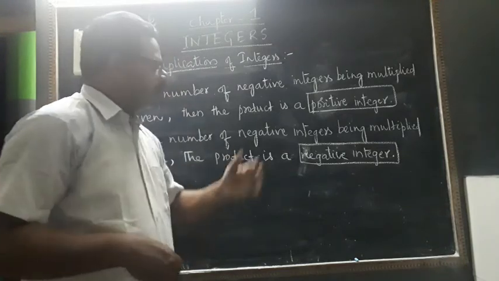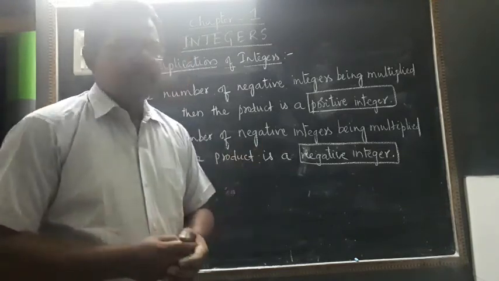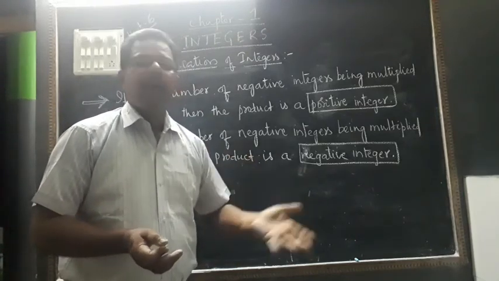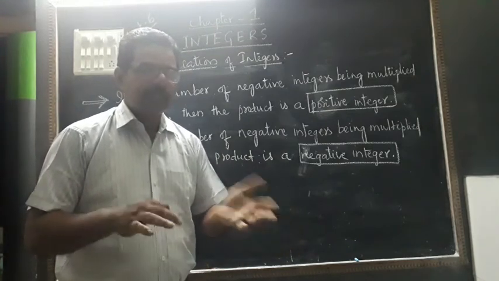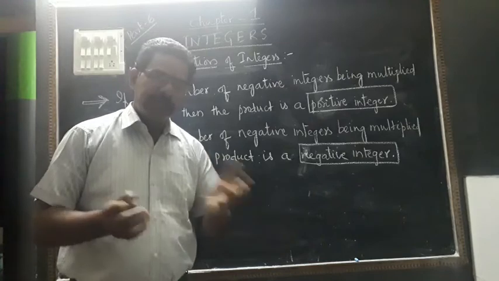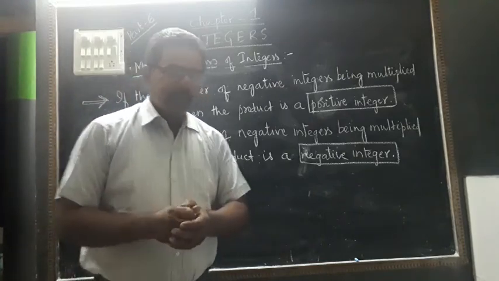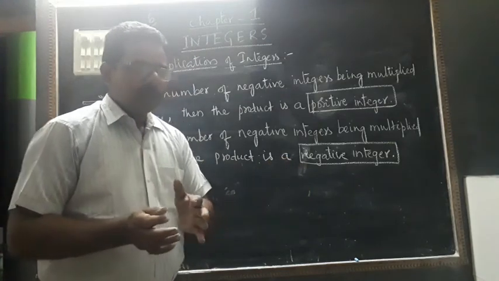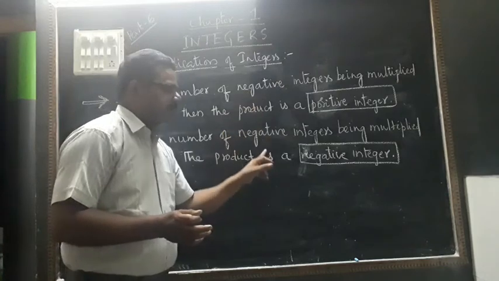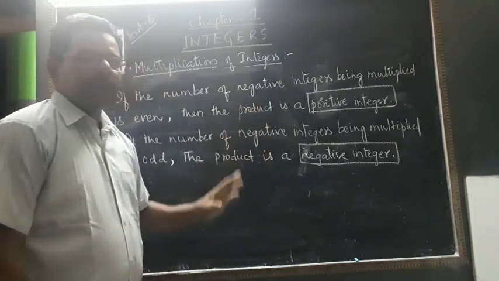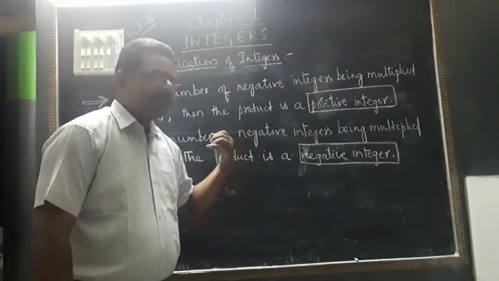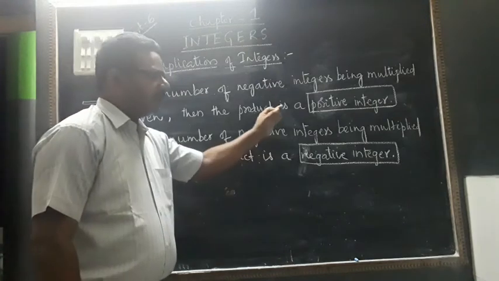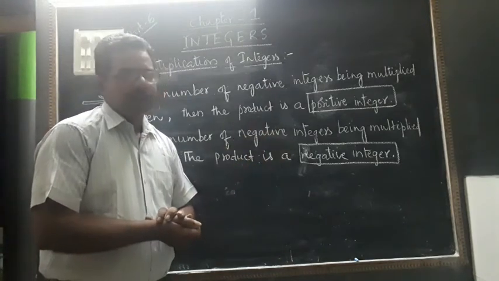So by using these points, and with the help of the examples we have already taken, in the next video we shall go for exercise 4. In exercise 4, they have given the multiplication of integers with different symbols and different numbers of integers, some positive, some negative, even numbers of integers, odd numbers of integers. Okay. For negative integers only you have to consider these two cases. From this you can do the multiplication of any number of negative integers easily without any doubt.